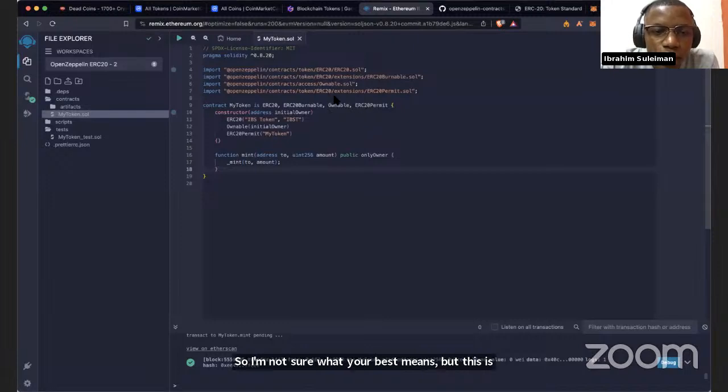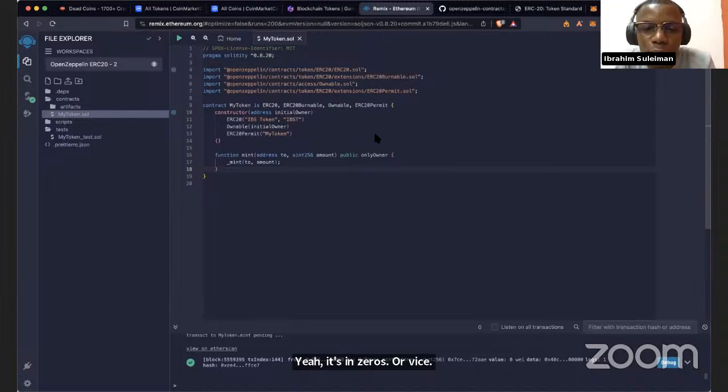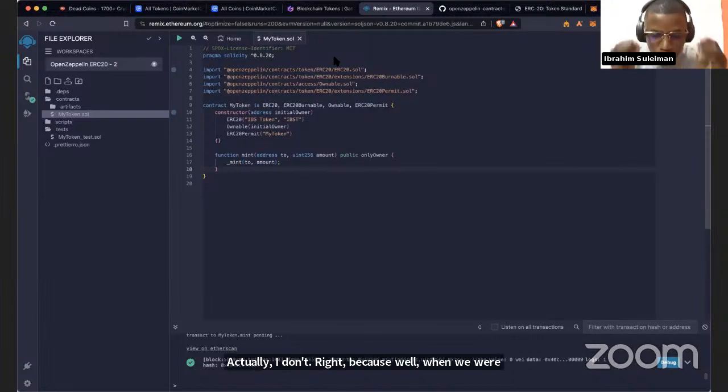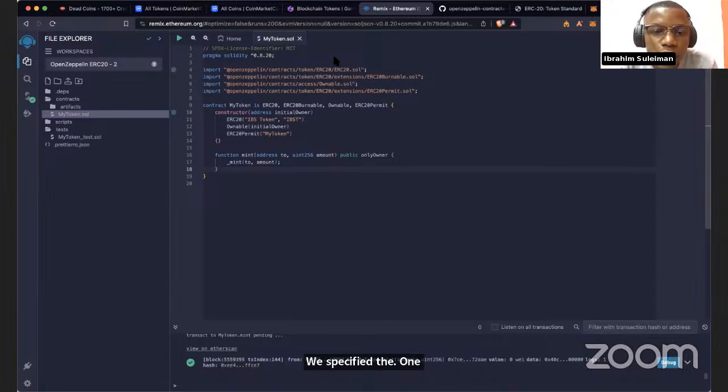Yeah, 18 zeros for bytes. It's actually 18 zeros. I actually added 18 zeros, right? Because when we were creating our tokens, we specified the number of decimals to be 18. So what that means is each unit of your token will have 18 zeros attached to it. And the reason for that is because